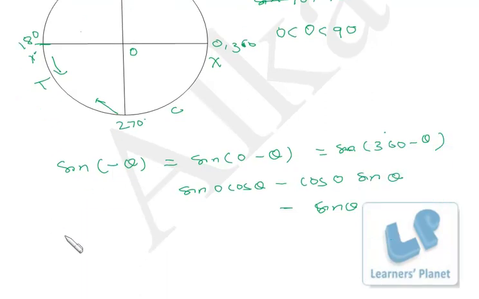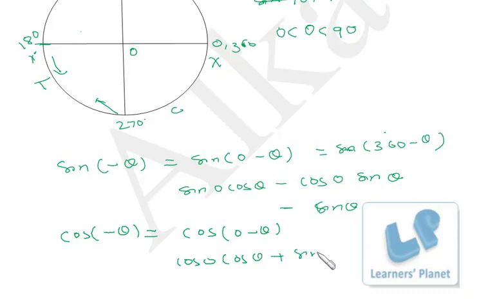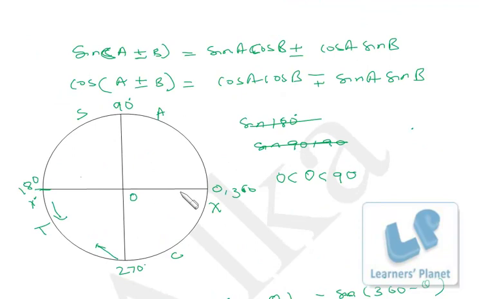Similarly, we can calculate cos(-θ). So that is cos(0 - θ). So it is cos 0 cos θ plus sin 0 sin θ. So this portion is 0, so we will be getting cos θ, right? So cos(-θ) is cos θ, sin(-θ) is -sin θ. Okay, so